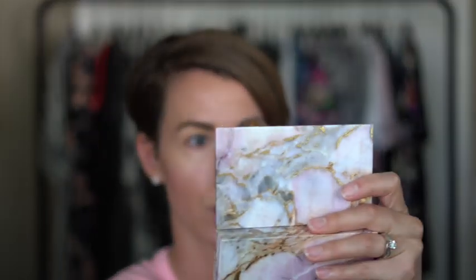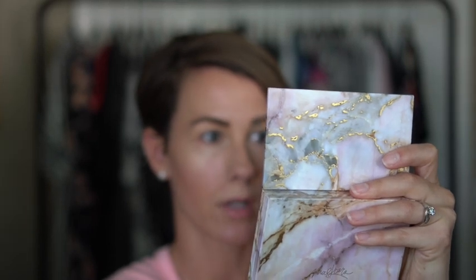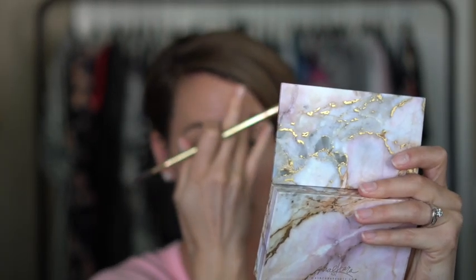Work in small movements. Okay, see my brow already looks a little bit better, right? You don't have to go as heavy and as defined as you do for your normal everyday look, but if you want to, that's cool. Do it, whatever feels good to you, whatever look. If you want to go for a little bit